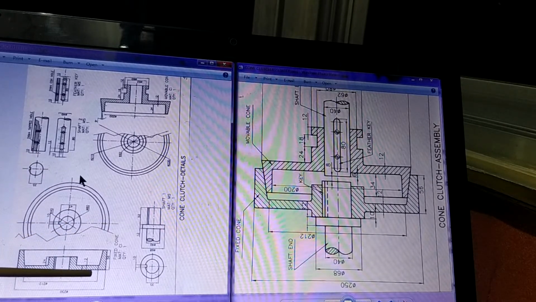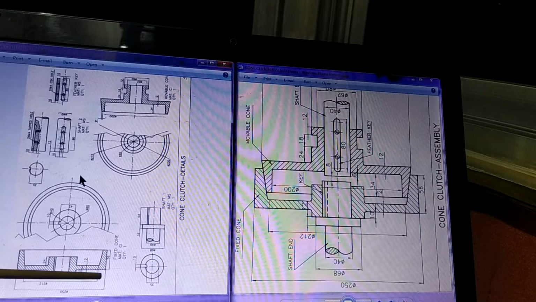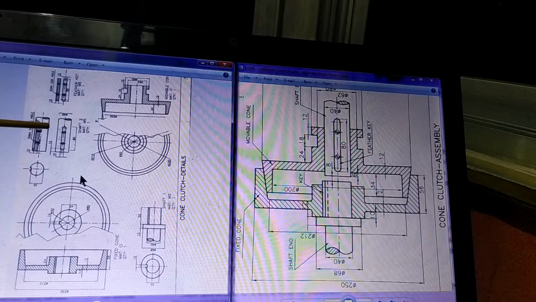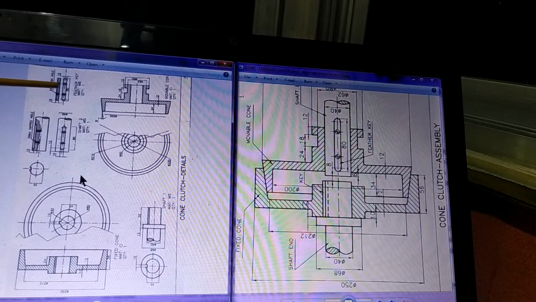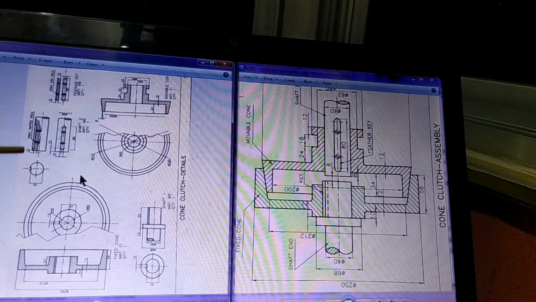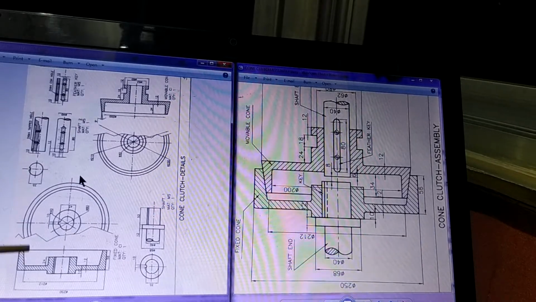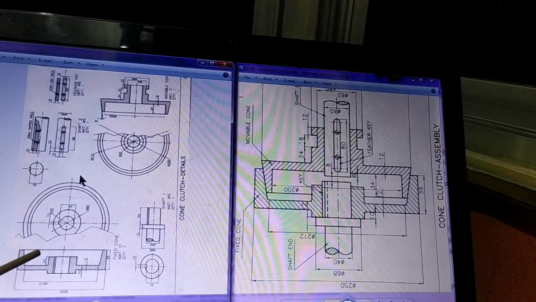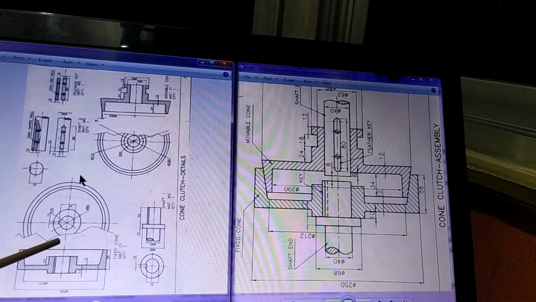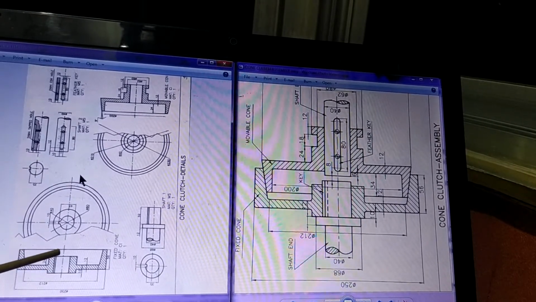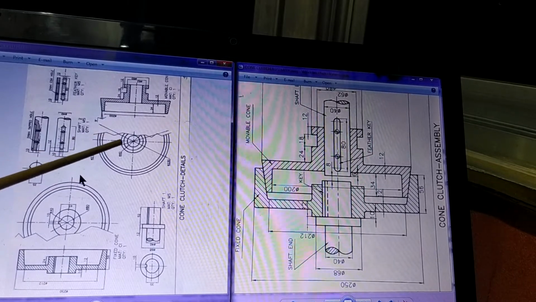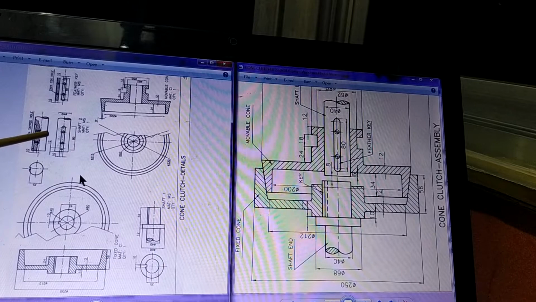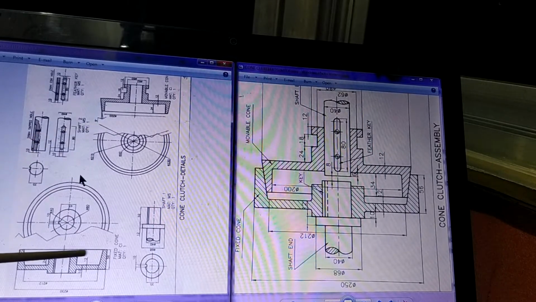So here you are going to find the drawings of individual parts. This is one part, second part, third part, fourth part, fifth part. So there are 5 different parts, and the information about all these 5 parts is shown in the form of a drawing, which is what we have learned as orthographic projection. There is a sectional front view, a top view, a side view, and so on. So all the individual 5 parts are shown in their details, and these are called detailed drawings of these 5 parts.